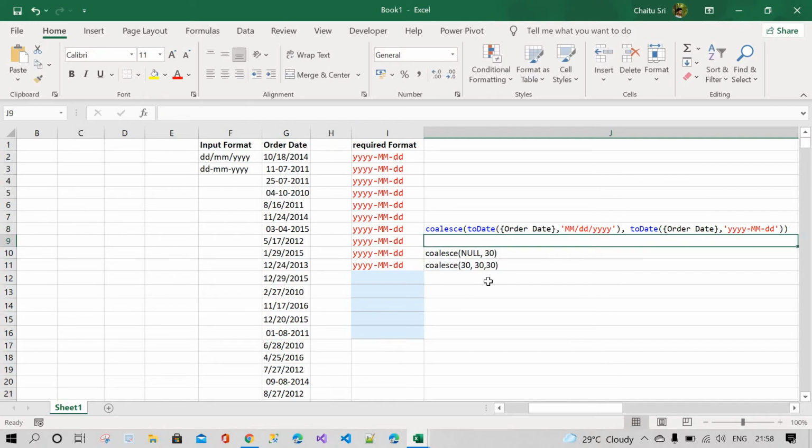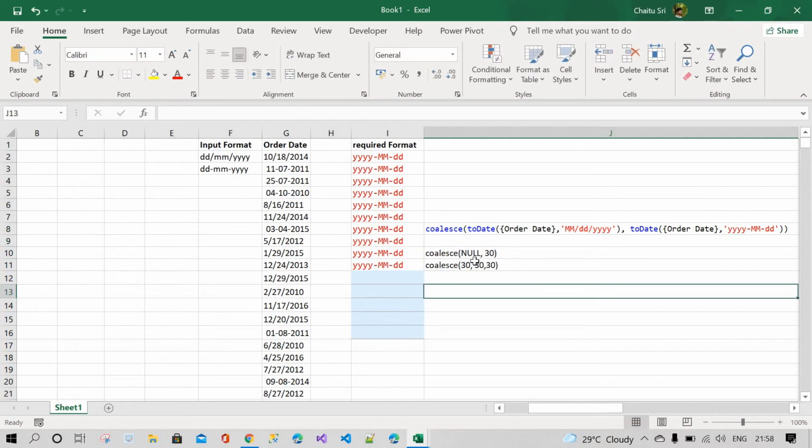How it will return, I will show you. Coalesce returns the first non-null value.